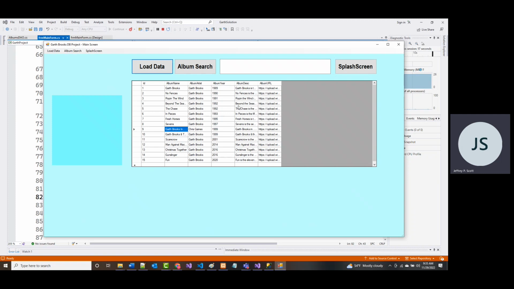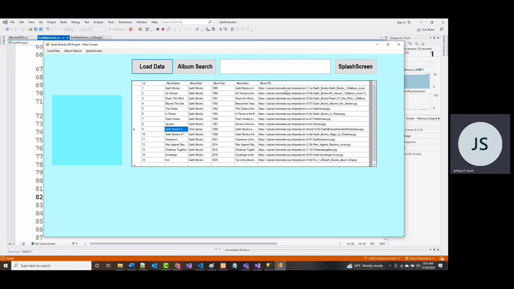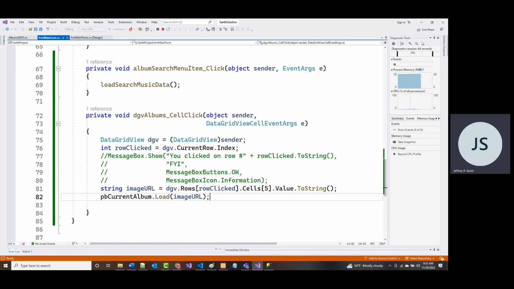1, 2, 3, 4, 5, 6. I forgot for the ID field, we have to move over. We're telling it to get it from here, which is our URL field. So we're telling it that we want it from here. So that's 1, 2, 3, 4, 5, 6. Those actually start with 1. That's why I'm off by 1. So it's trying to get it from here and it's not finding anything. So let's change that from a 5 to a 6.